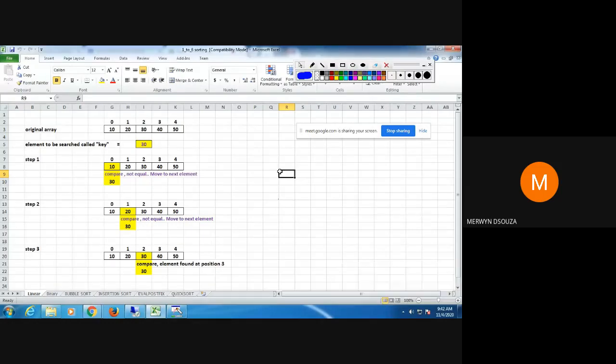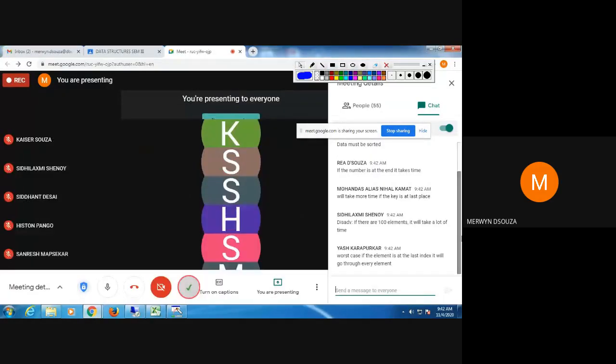In the worst case, you have to do all the comparisons. Suppose I was searching for 50, I would have to do 5 comparisons, and 5 is the size of my array. Whatever is the size of your array, that many comparisons you would have to do, if the value you are searching for is at the last position.